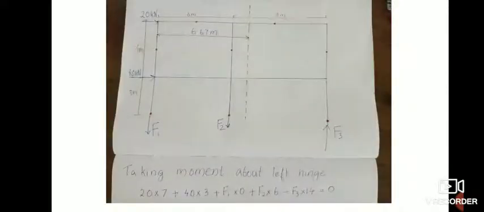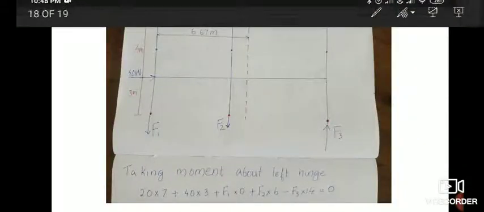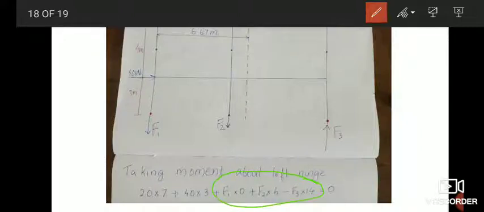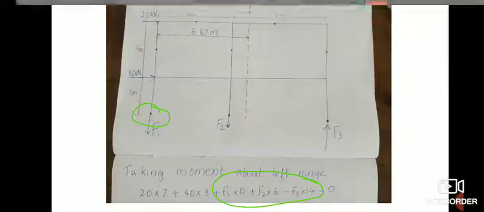Then you may take moment about the left hinge. When you take the moment about the left hinge, the remaining part is almost the same itself. When you take the moment about this point, the left bottom hinge, you can see there is 20 kilonewton,